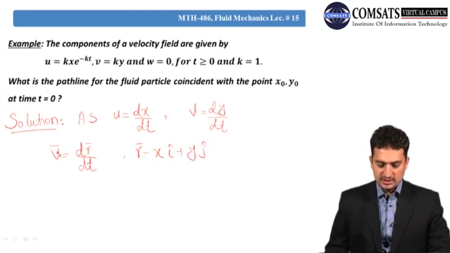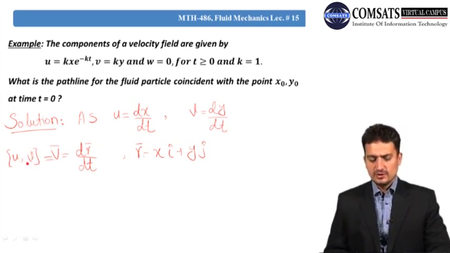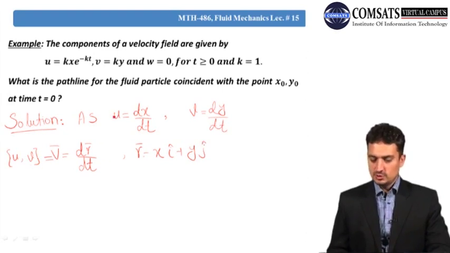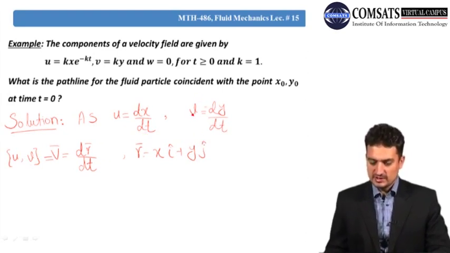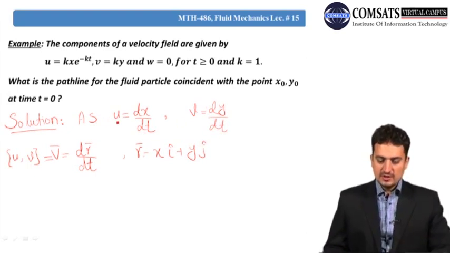If you write v in component form, obviously this is equal to u and v for a two-dimensional flow field. So u is equal to dx by dt and v is equal to dy by dt. Now since the values of u and v are provided to us,